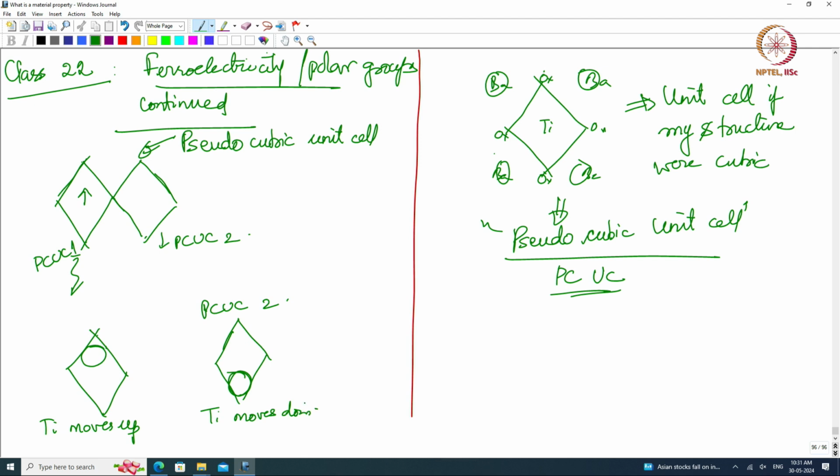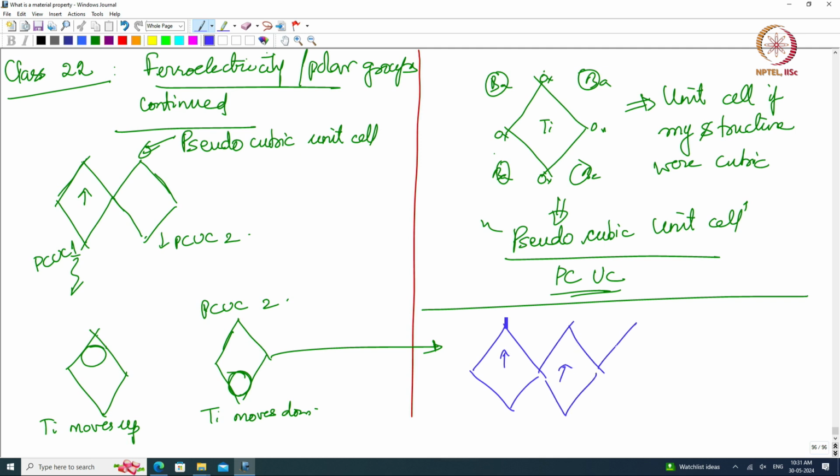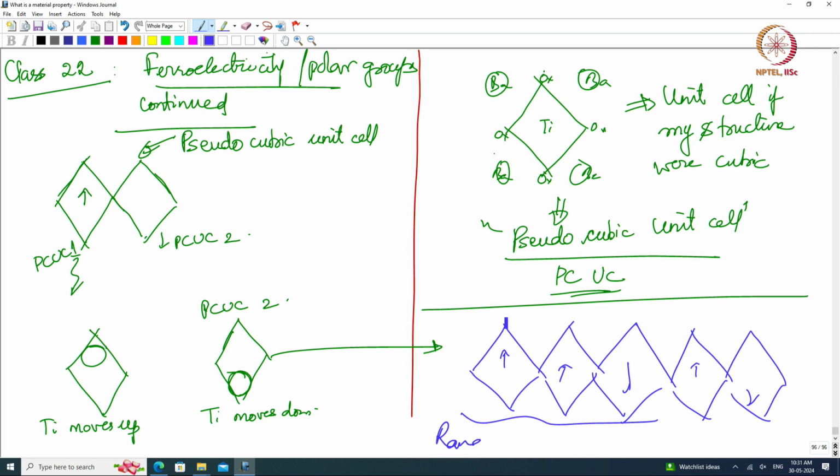Now, if this moving up and down happens randomly across unit cells, so in one unit cell it moves up, in a few it moves up and then it goes down, then up again, down again and so on, if it is just randomly oriented, you are creating random dipole moments in every unit cell,